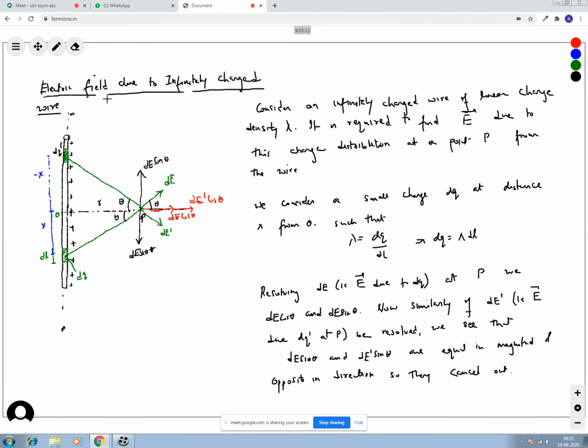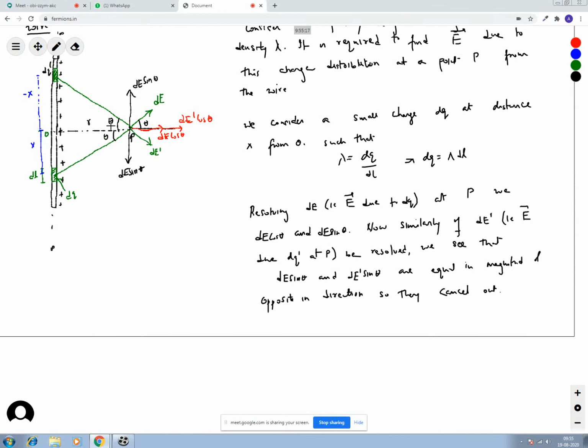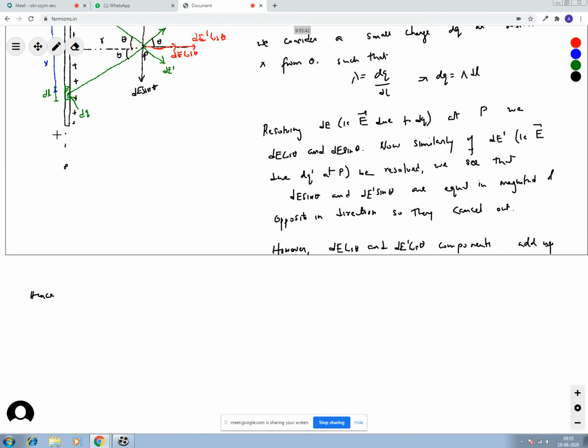However, the dE cos theta and dE prime cos theta components add up. Hence, can you see all the dE getting added up? So I can write here, hence